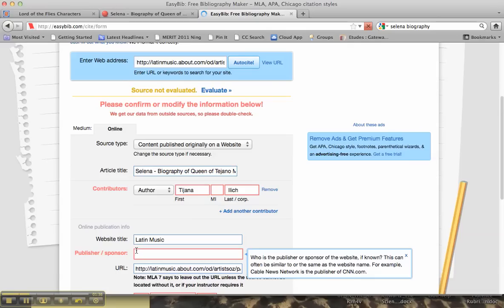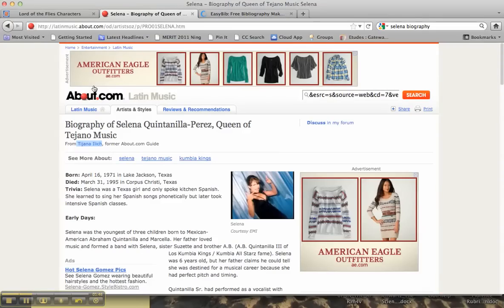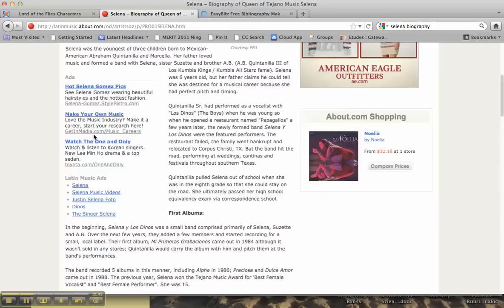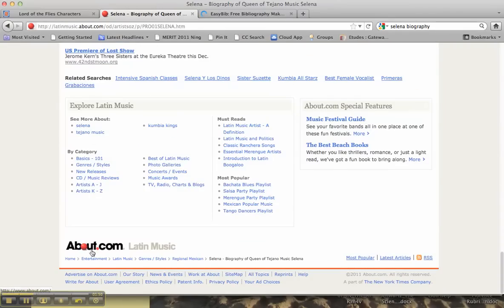Other things, the publisher or the sponsor, if I can. It reminds you who is the publisher or sponsor of the website. If known, this can often be similar to or the same as the website name. So if we look here, we see that this is sponsored by about.com Latin Music. Sometimes it's way down here at the bottom. And again, it says down here at the bottom, it's about.com Latin Music,